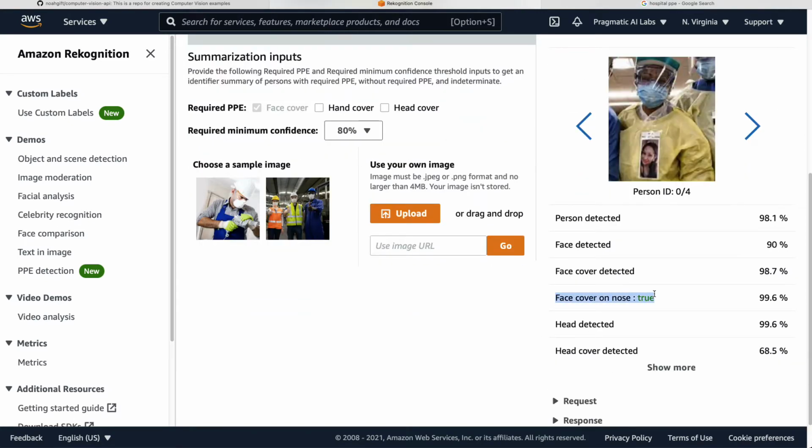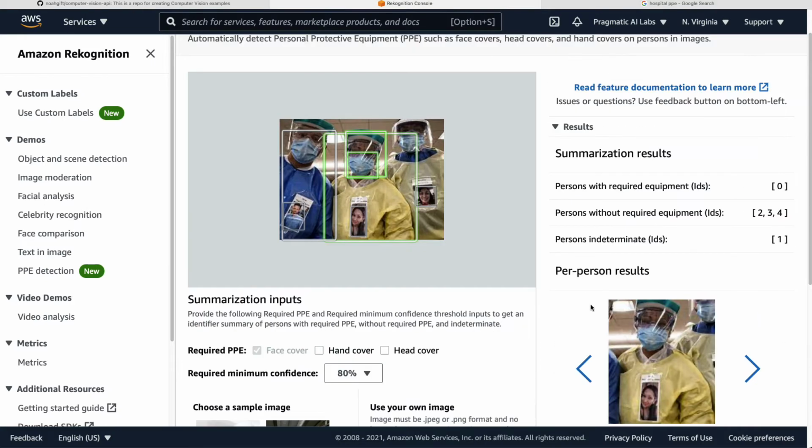Oh, there we go. Face cover on nose, true. There we go. So we're able to detect that. But in general, I think these pre-trained APIs are a really good example of how you can use the existing